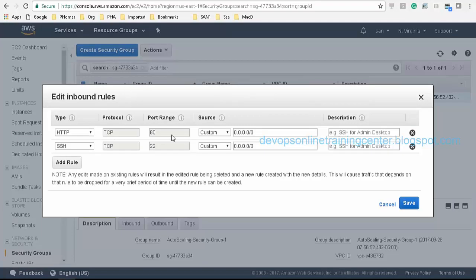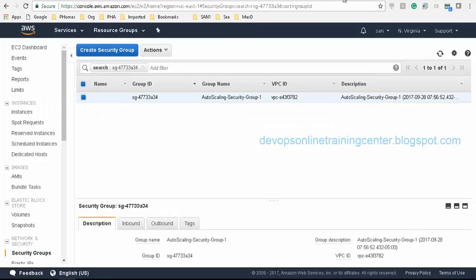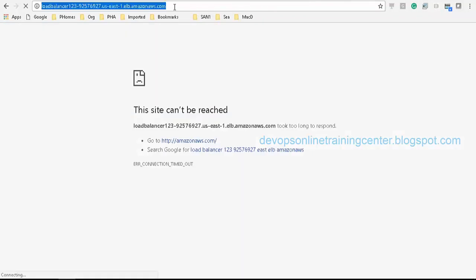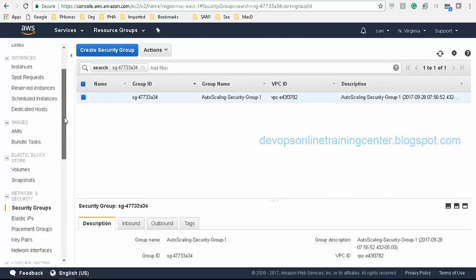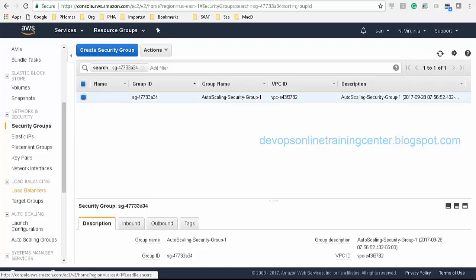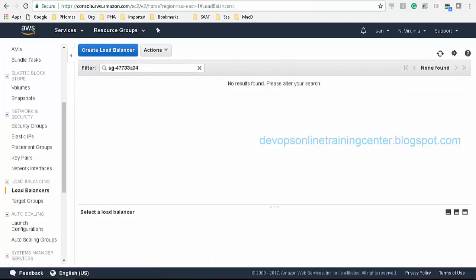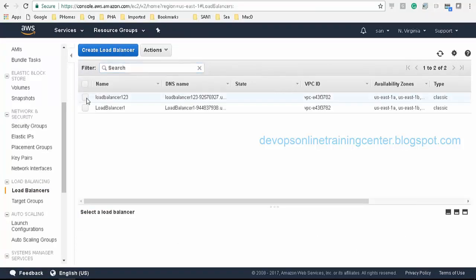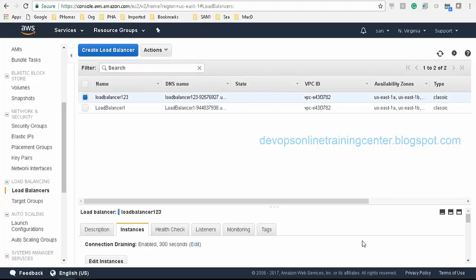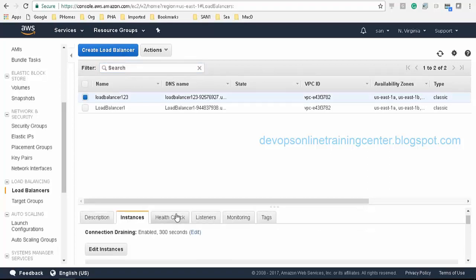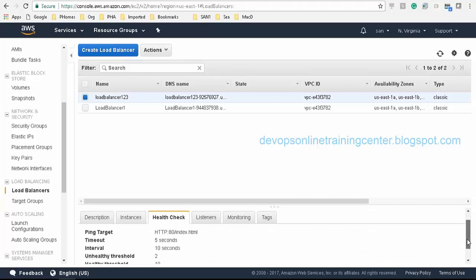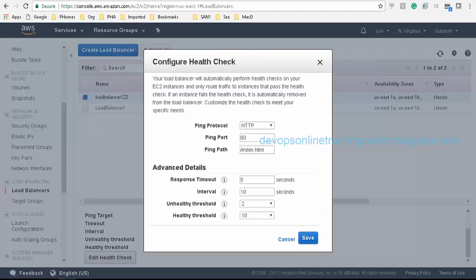Okay, HTTP, the load. Okay, this is also fine.